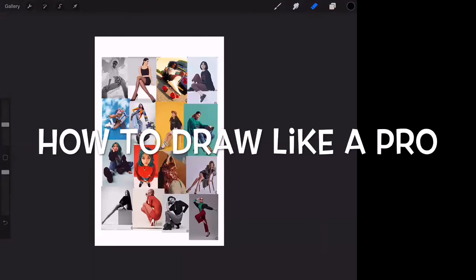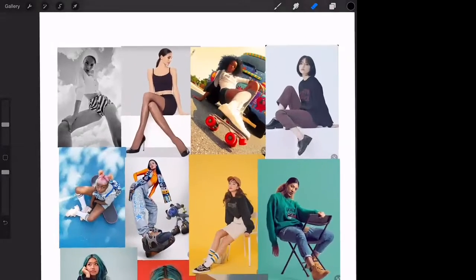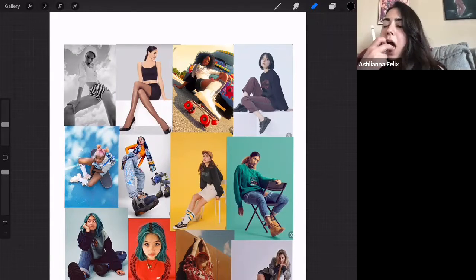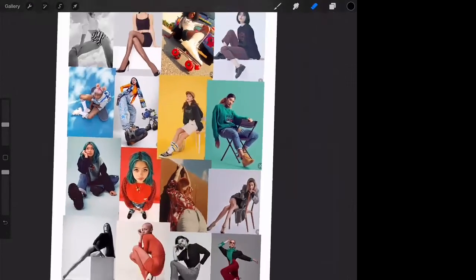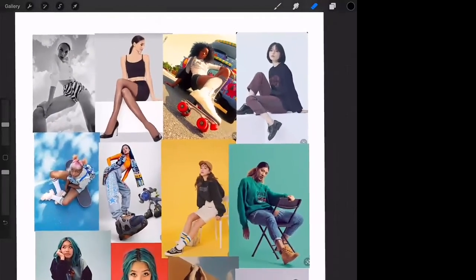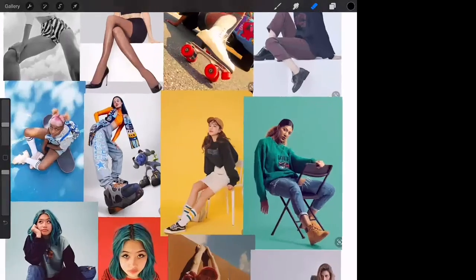I have preloaded what we call a mood board, an inspiration board. It's basically when you go in and Google search, presumably, Ashlianna, you got these off of Google, right? Pinterest, yeah. Or Pinterest, right? And any photo source, and you collect them into a mood board. It really is just a series of images designed to show your intent for the piece of art